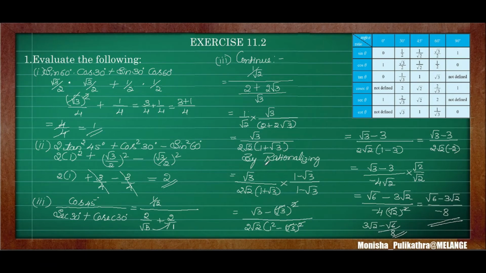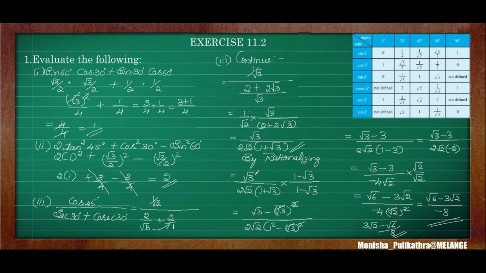Okay. If you are confused with the task, you can stop here itself. Or else if you want full marks, you have to rationalize it. Okay. So by rationalizing means whatever denominator comes, you have to multiply and divide by it with a different sign. If plus is there in the denominator, you have to multiply and divide by minus sign. If minus is there, then you have to multiply and divide it by plus sign.